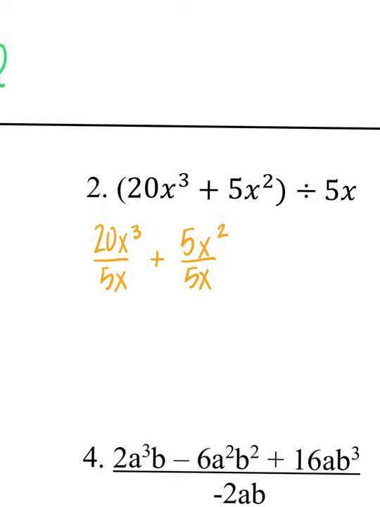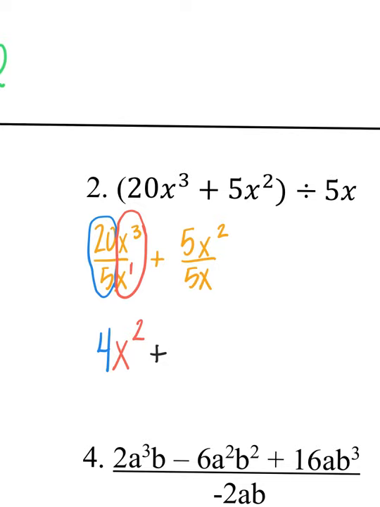So again, when I'm looking at my numbers, 20 divided by 5 is 4. And then when I'm looking at my variables, this should have a 1 there. 3 minus 1 gives me x squared